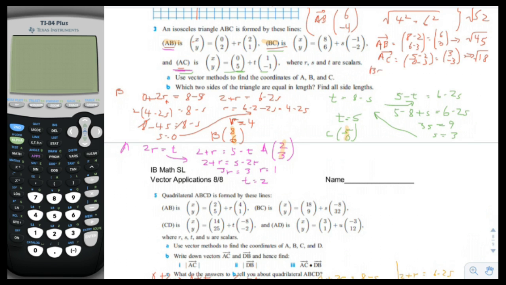And then there is BC, which is equal to 5 minus 8 and 0 minus 6. That would be negative 3, negative 6. And the magnitude of that would be square root of 45. And ding, ding, ding. That matches with that, right? So isosceles triangle. We found it. Okay, and that was the end of page